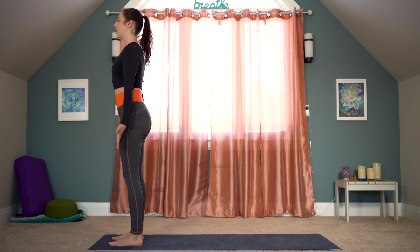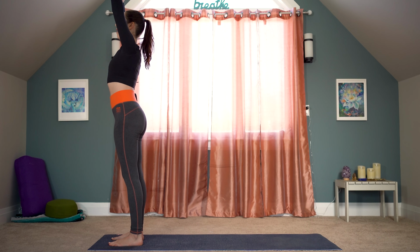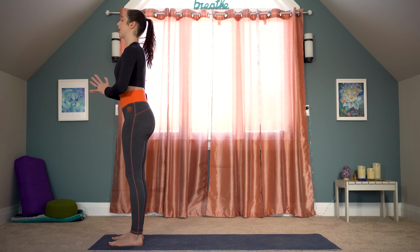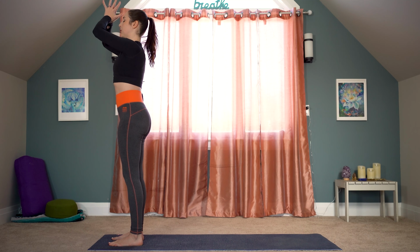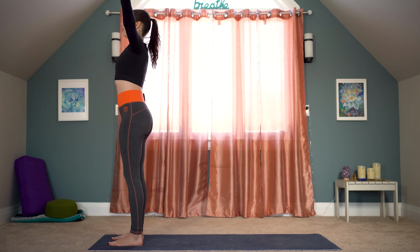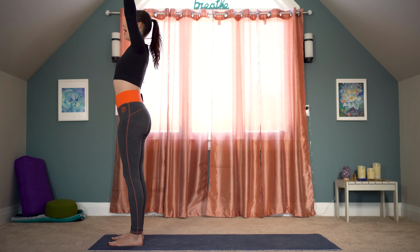Keep your eyes closed as you inhale. Just circle and reach your arms up to the sky. Exhale, hands at the heart, just rolling the shoulders back twice more like this. Inhale, big reach. Exhale, draw the energy down. Last one, inhale. And exhale. Re-extend your arms up towards the sky, and you might bend your elbows, just holding on to the